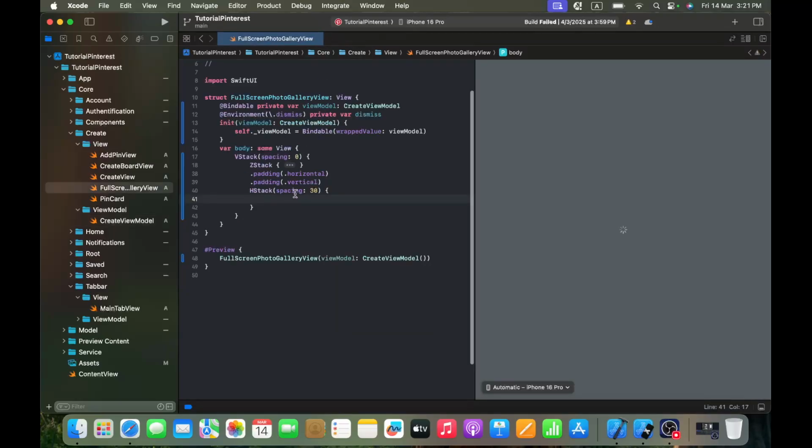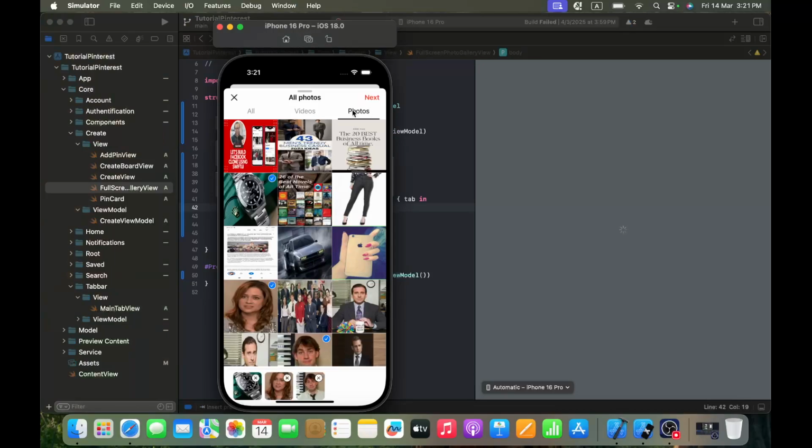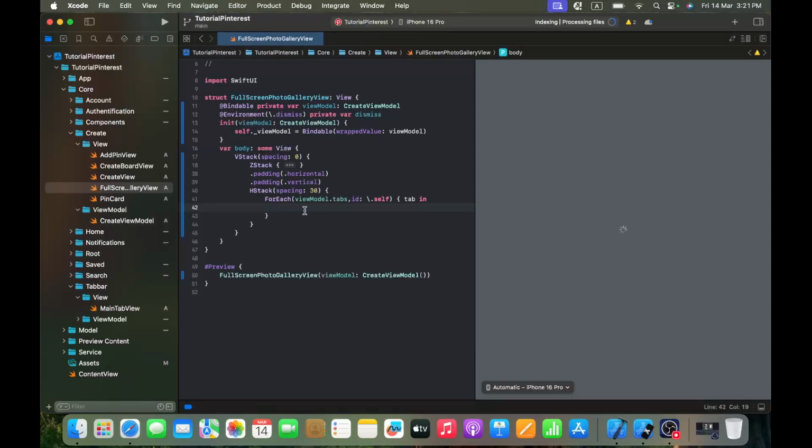Now I can do a ForEach, and use viewModel.tabs, my array of strings. I can also use id: \.self, and this one will return me tab in. And now I can start implementing it. So as you can see, this is a VStack that contains a text and then a rectangle. So let's create a VStack